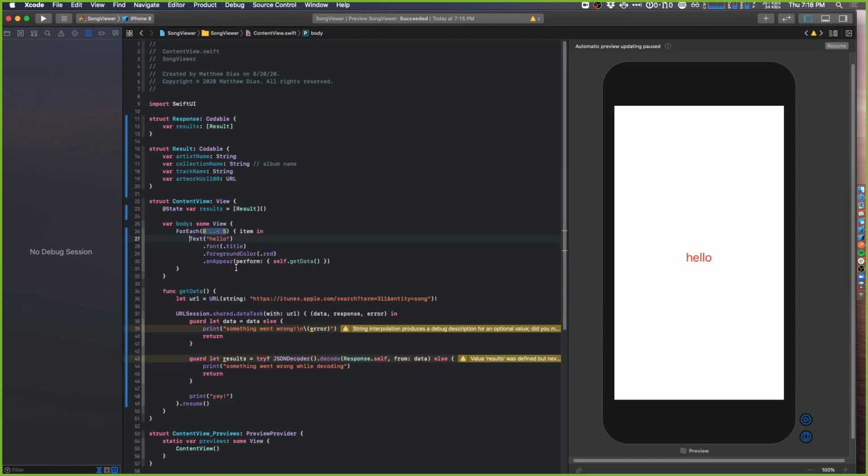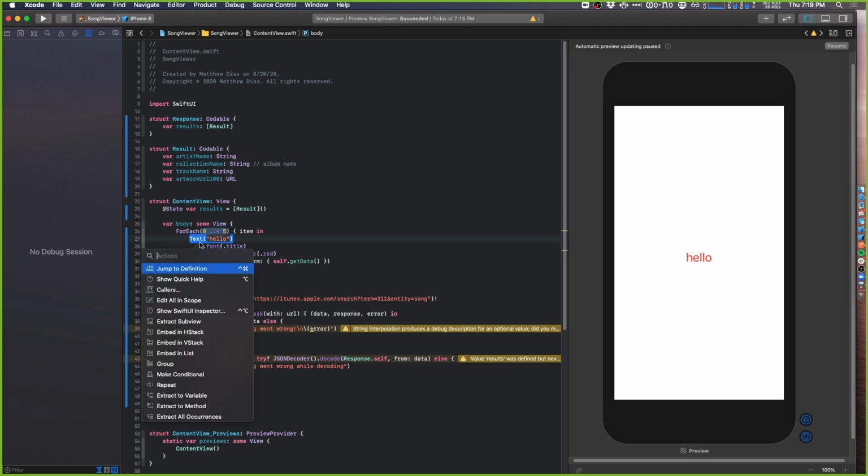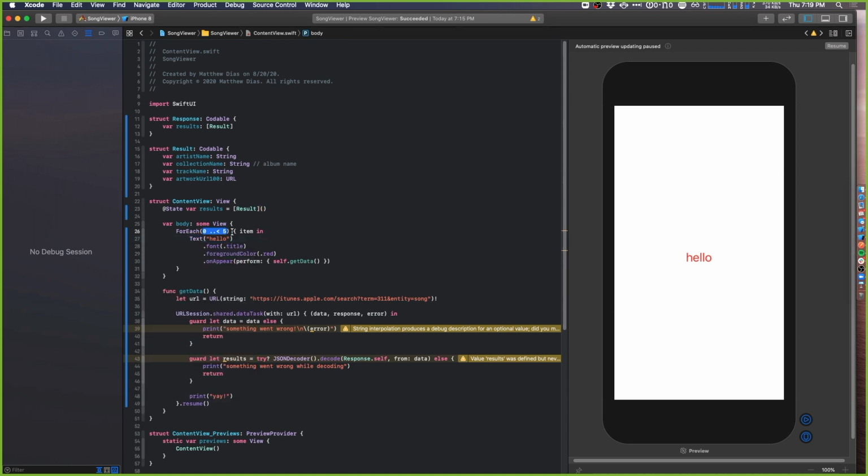So now there is looping in SwiftUI. I could not remember the syntax for ForEach, but I knew that I needed a ForEach. If you're just tuning in, if you command left click on some SwiftUI element, you get this nice little context menu that lets you embed things in things. And so I created this ForEach, and so ForEach results,